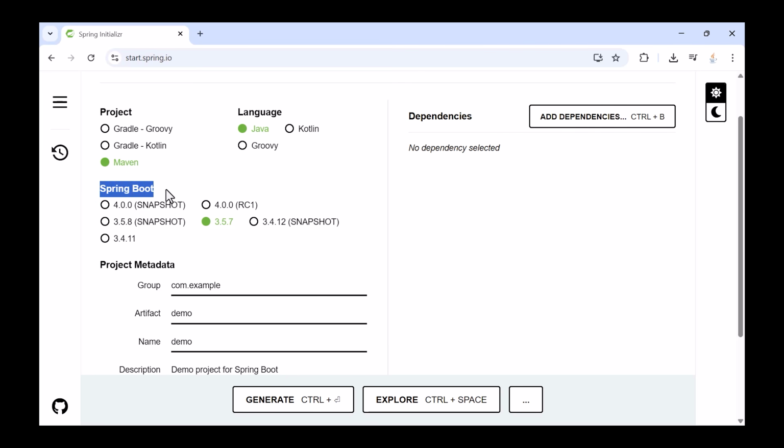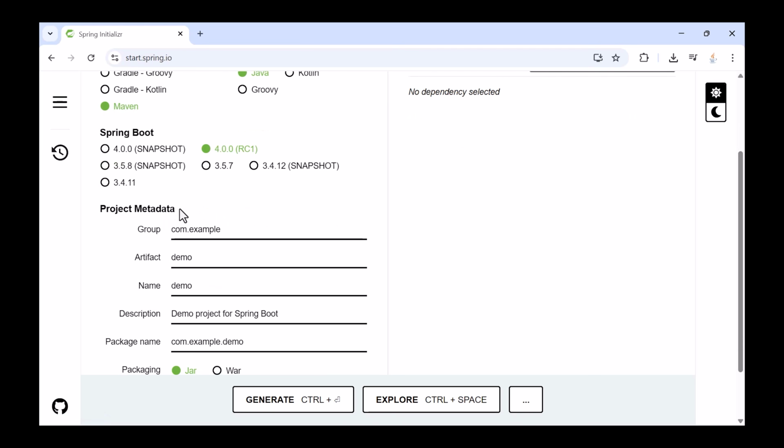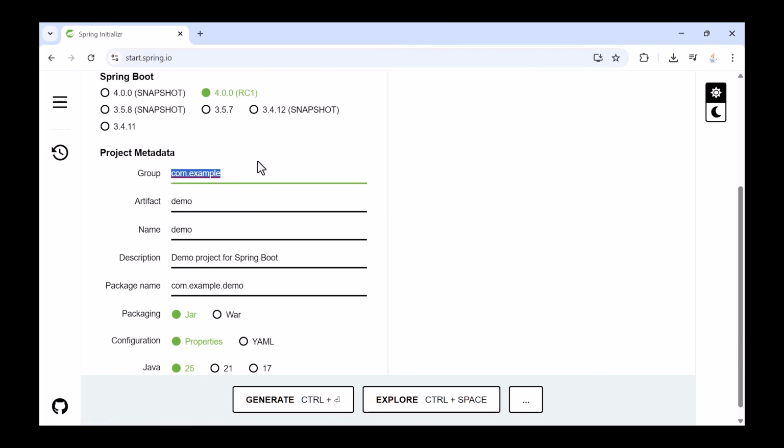Next, here, let us select the Spring Boot version. Well, as we are going to use Spring Boot 4, let us select 4.0.0 RC1. Don't select snapshot. Next, go ahead and fill up the project metadata over here. So here, let us give group as net.javaguides. Next, let us give artifact as student management system. Well, the project name is the same as the artifact, so let us keep the project name as student management system,